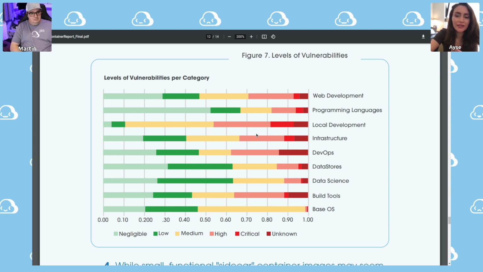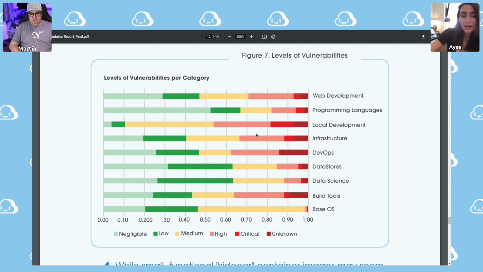So you can see here in base OS how, as we expected, about 1% of everything is in this red category, and everything else is negligible, low, medium, right? But then what we are seeing is that some of the small special purpose categories, such as build tools, DevOps, local development, have the largest percentages of high, critical, unknown vulnerabilities.